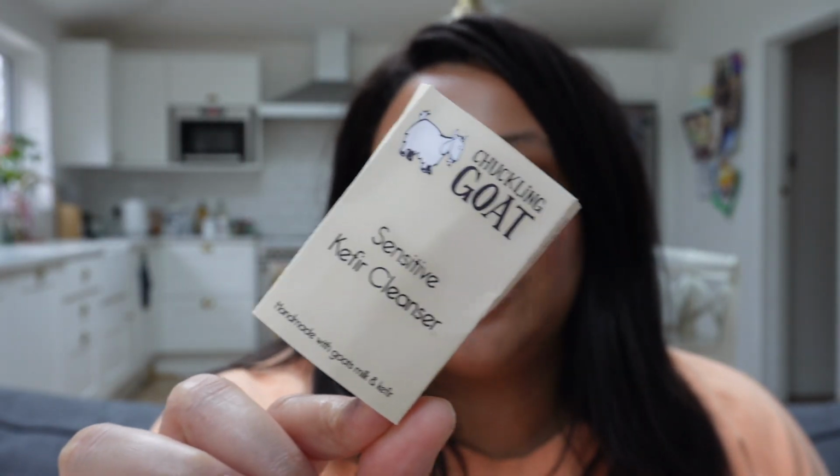So the first favourite I'm going to go through are skincare and makeup bits, and the first thing is this goat's milk soap. I'll put a picture up because I've only got the packaging left now, but it's this Chuckling Goat milk soap. I went on the hunt for some goat milk soap because I heard that it's really good for the skin, and the lactic acid gives it a slight exfoliation but very gentle, and I really fell in love with this soap. It's £7 a bar, which is a bit pricey compared to some other goat milk soaps, but this company has won awards upon awards for their products, so I thought let me give it a try,